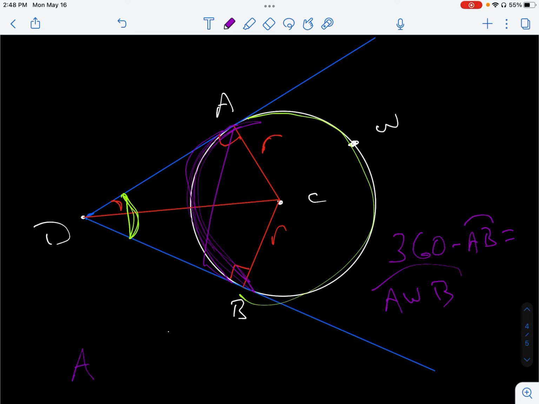And then we can take arc AWB minus arc AB, and that will equal 2 times angle D. So now there's lots of different ways we can deal with angles inside, outside, or on the circle. And for right now, we are